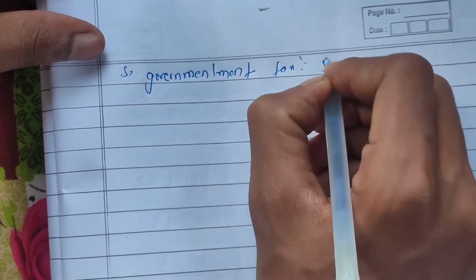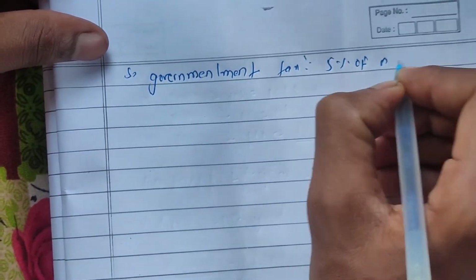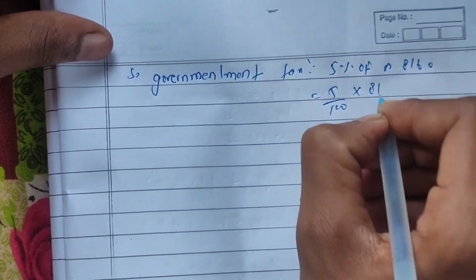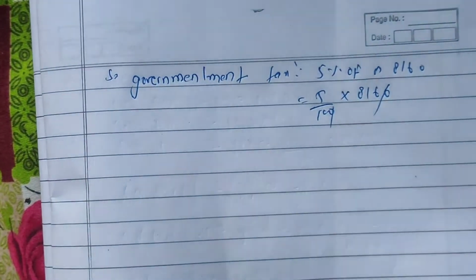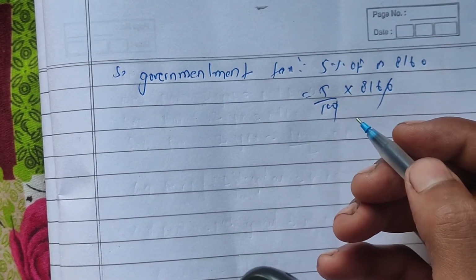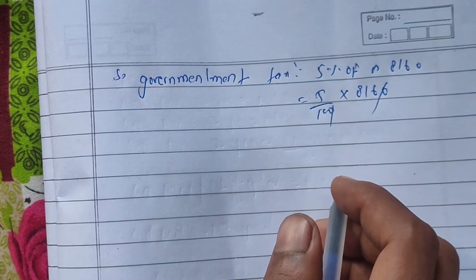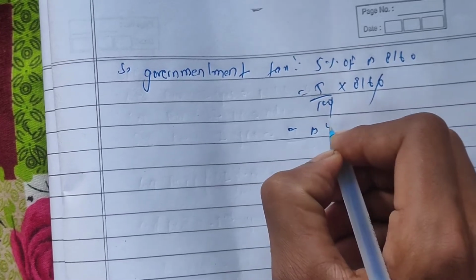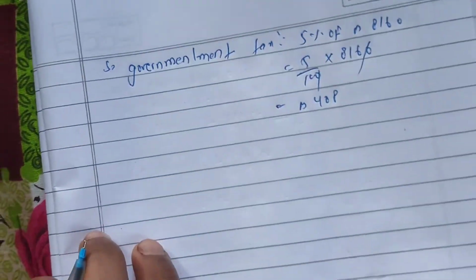So this will be 5% of Rs 8160. Okay, so 5 by 100 into 8160. So simply we have to deduct this. Now we have to multiply 816 into 5, so we'll solve this, and this will become 408. So now at the end of first year,